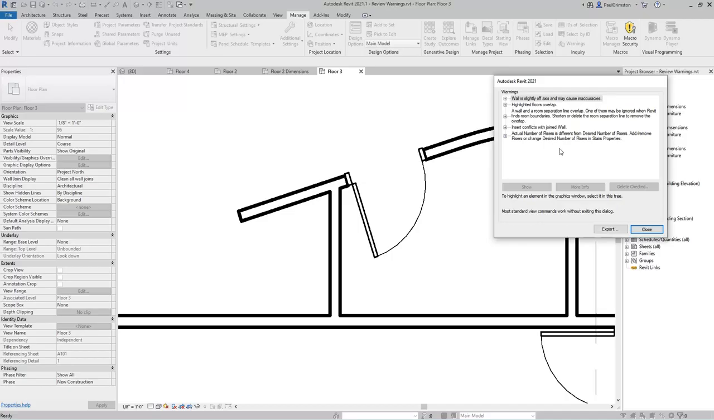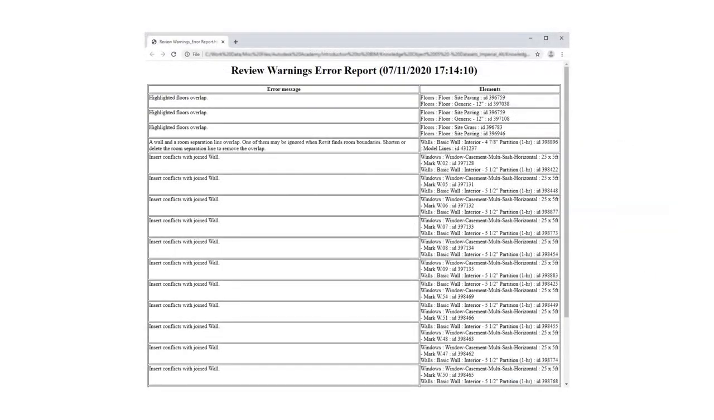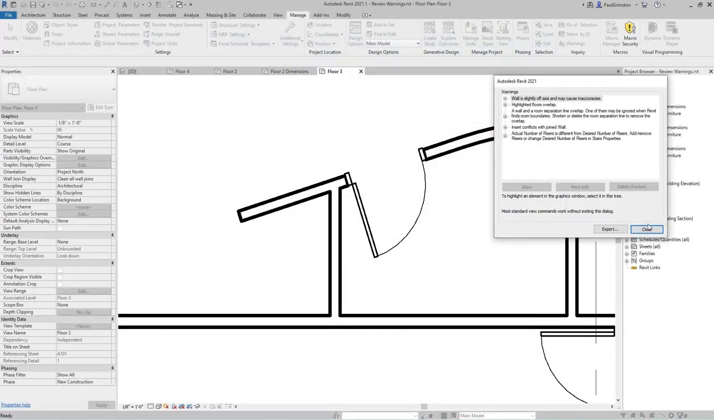If we're working with a larger design team, we can export the warnings out, and this will create an HTML file which will list out all of the warnings and the objects involved, which may help us discuss this in team meetings. So we'll close down the warnings,